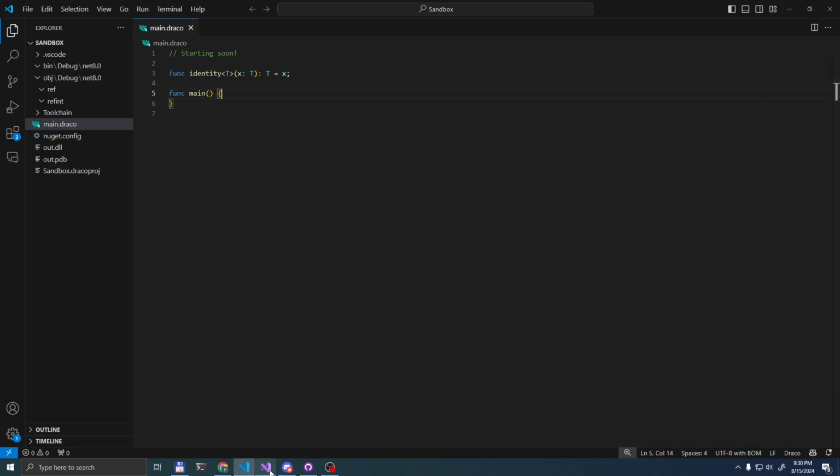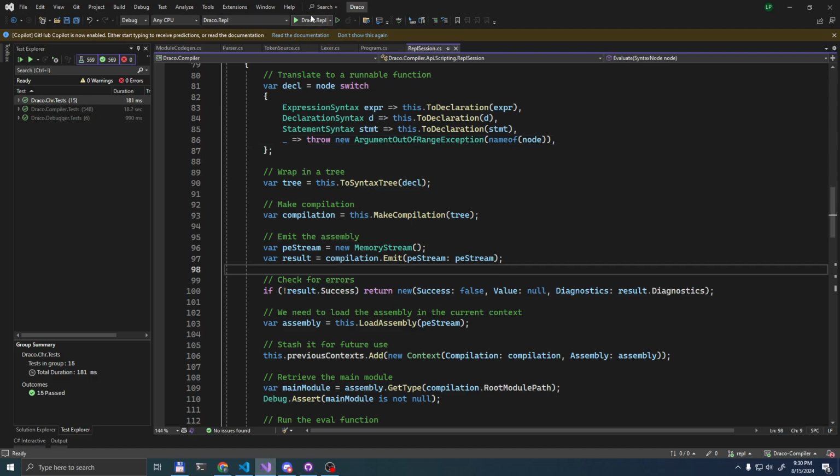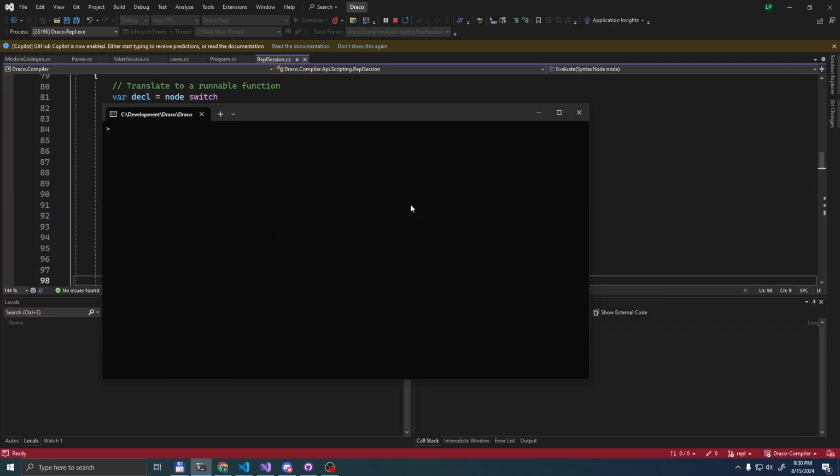In the previous two sessions, we started working on a little REPL for Draco, and we got to the point where we can actually execute stuff in the console itself. I can type in simple equations to have a really over-engineered calculator. I can evaluate more complex stuff, of course, like interpolated strings. I can also add to the strings any usual operation that you can perform in the language.